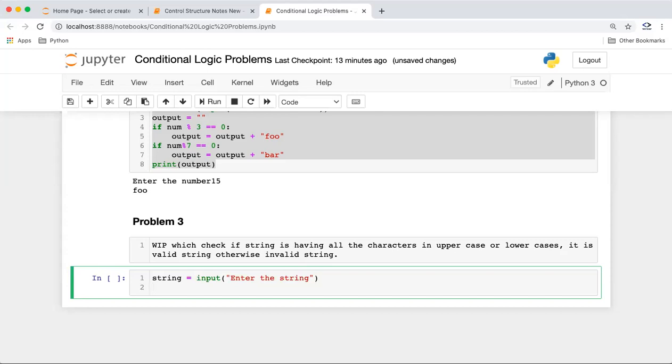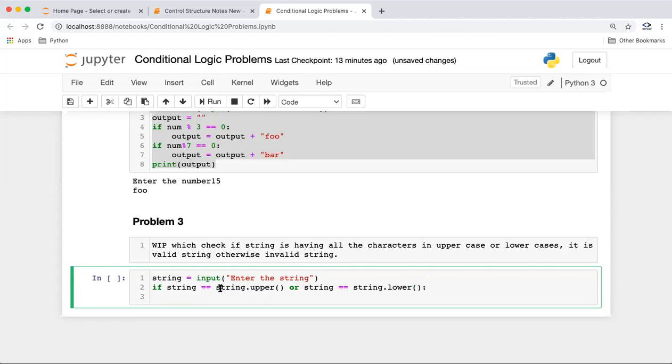If the string is equal to string dot upper, either it should be a string which has all the characters in uppercase, or the string is equal to string dot lower, so it has all the characters in lowercase, right? We can use equal to compare strings also, right?